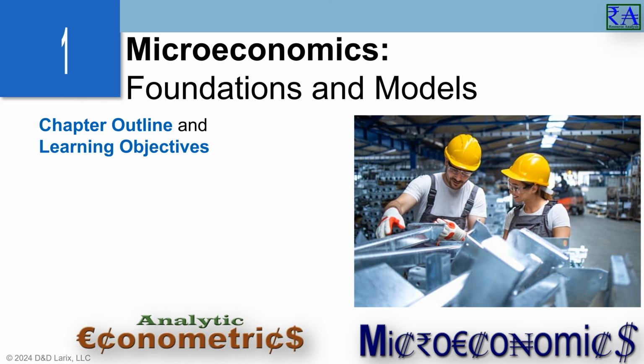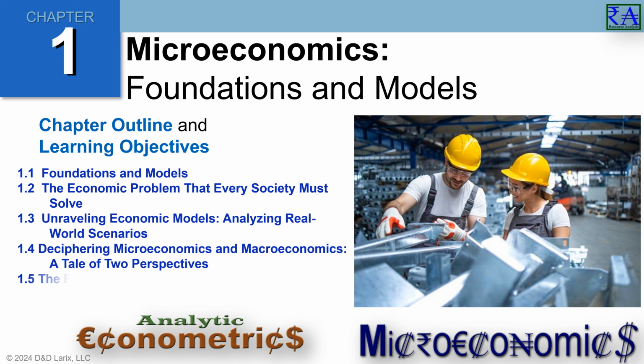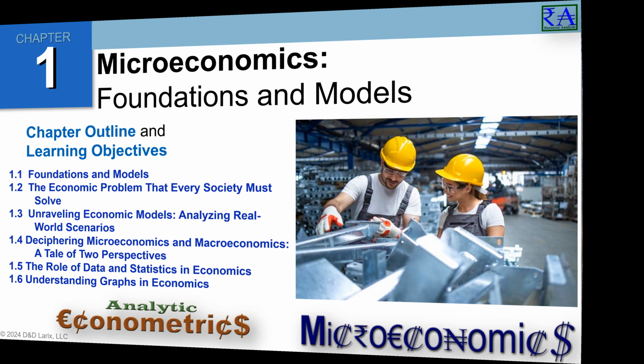Welcome to Chapter 1 of Microeconomics. In this chapter, we will explore the foundation of how individuals, businesses, and markets interact to make decisions. You'll be introduced to core concepts like scarcity, incentives, and trade-offs that guide all economic choices. Along the way, we will examine how these ideas apply to real-world examples, such as healthcare, and see how they connect to the broader principles of economics. By the end of this chapter, you'll have the tools to start thinking like an economist and have a better understanding of the world around you.